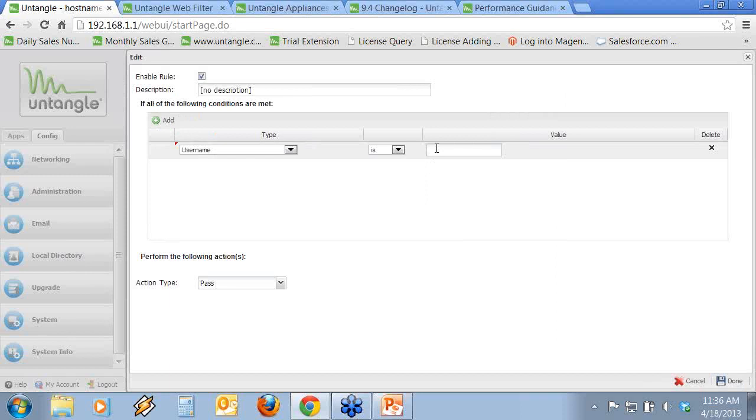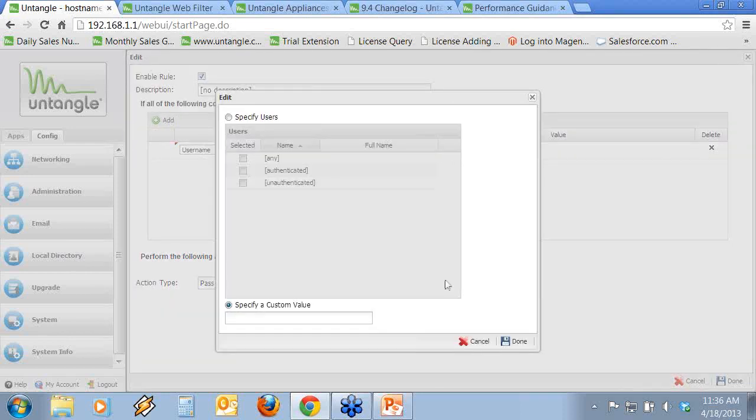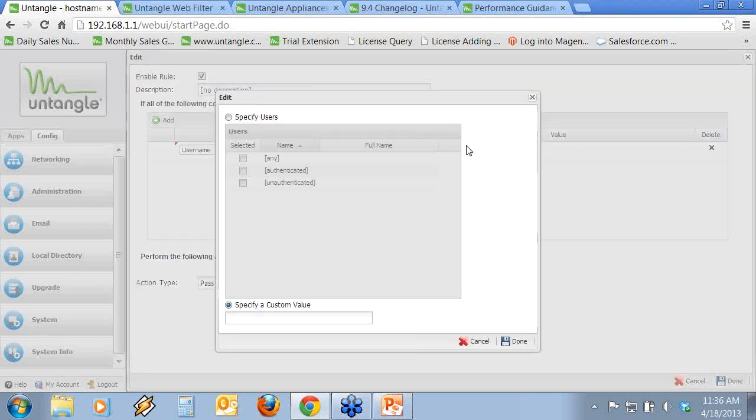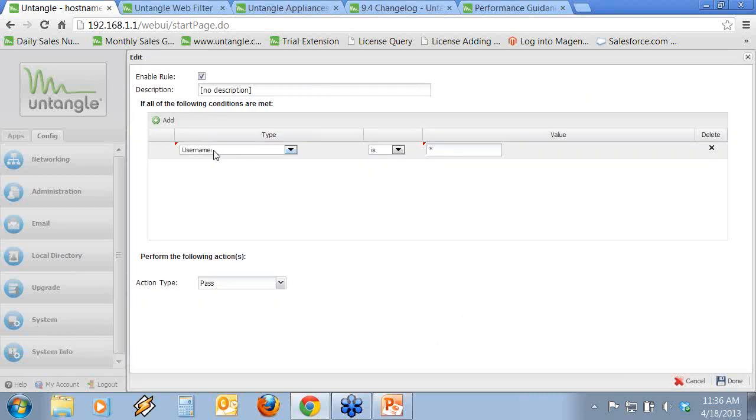go ahead and click out of that. So if it is not this, whoops, custom value, there we go. So if I go there and I say, if the custom username is not an asterisk, meaning if it's not known, that's when I want to apply the capture rule and make it so that they actually then have to